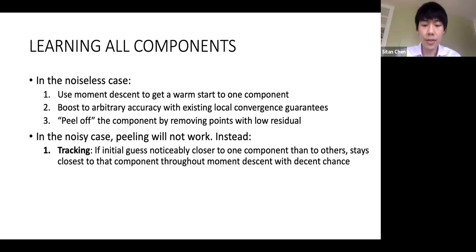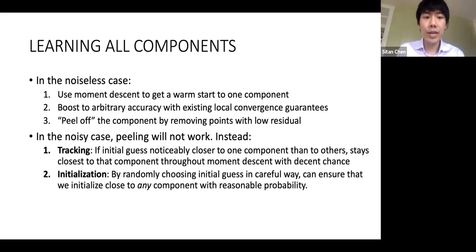And one of the most technically challenging results in this work is to show the following statement: if I initialize my moment descent to a guess which is somewhat closer to one component than the others, then if I run moment descent to completion, I'm going to stay closest to that particular component for all time with decent probability. Now the question is, how do I ensure that my initial guess is significantly closer to one component